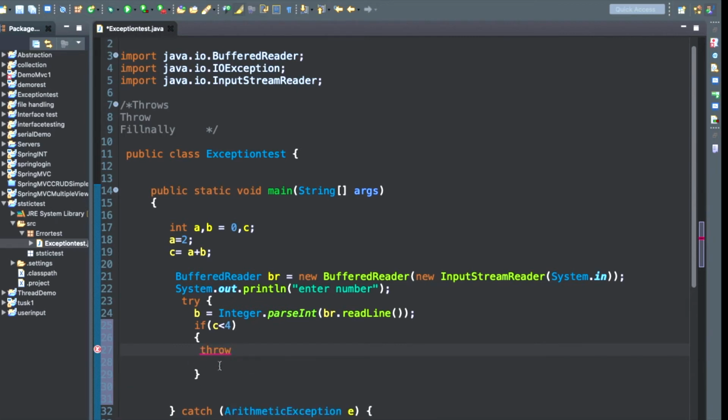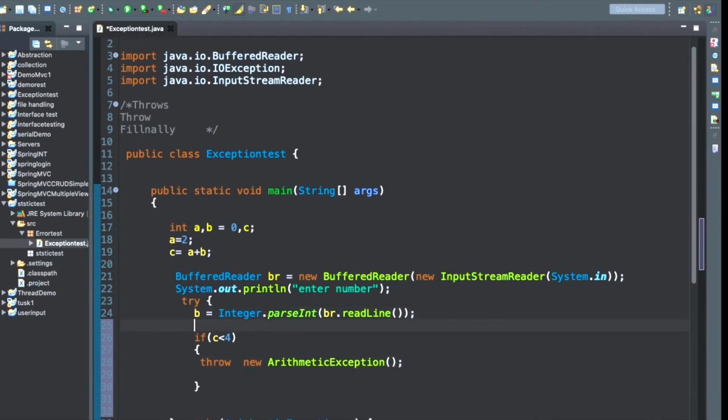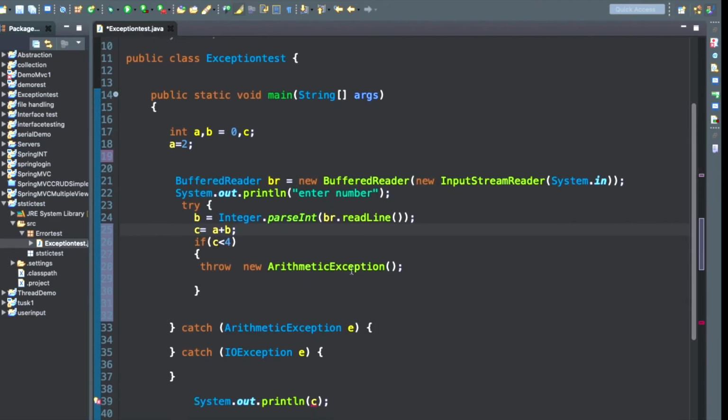So in order to create a forceful exception, if you want to create your own exception forcefully, if the exception is not coming, then we use the throw keyword with the new keyword. Use this, and here we write arithmetic exception. So let's take here c is equal to a plus b. So when you put a value of c, and if c is less than 4, then it will go inside this. So if this is less than 4, then it will throw an arithmetic exception, and it will be caught